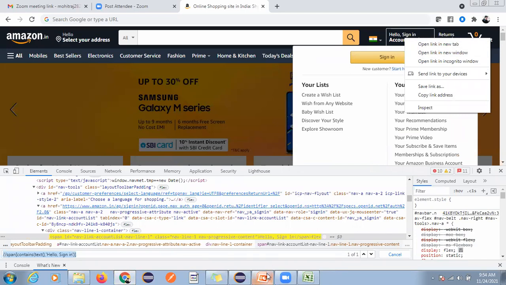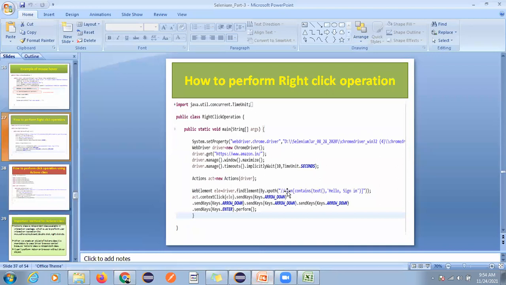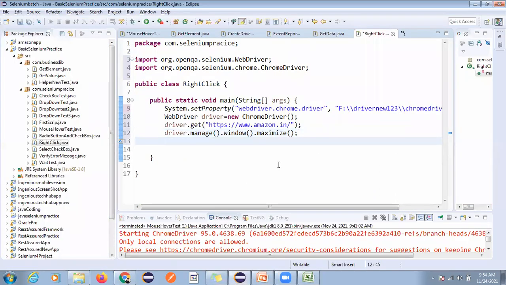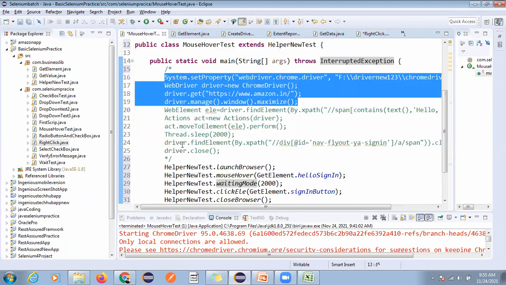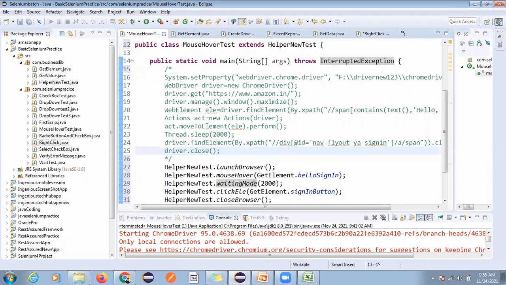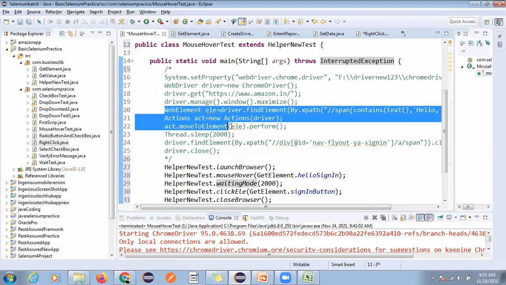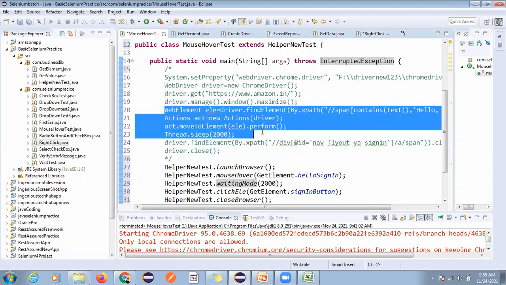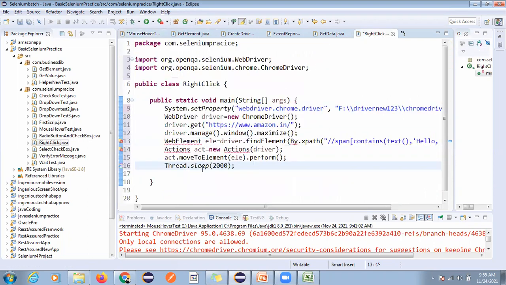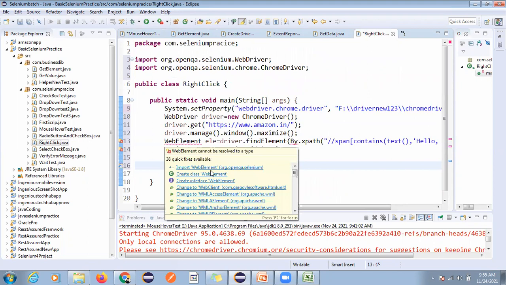First you have to find the element for Hello, Sign in. Same steps we will do. We already have this element from the mouse over test, so I'm going to copy this. Then we'll try to use a different method also, and just import this.